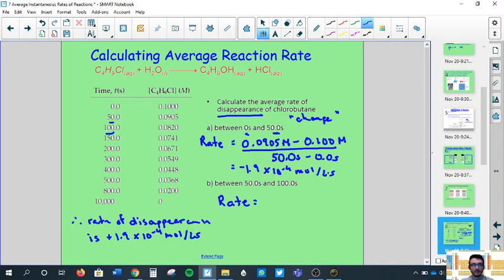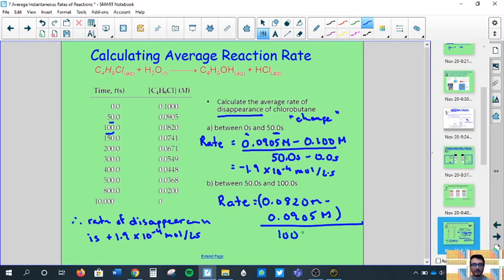at 0.0820 big M minus, I'm going to make myself some room here, 0.0905 big M, I'll put brackets around that to keep us a bit organized here. Okay, divided by 100 seconds minus 50 seconds. And we get